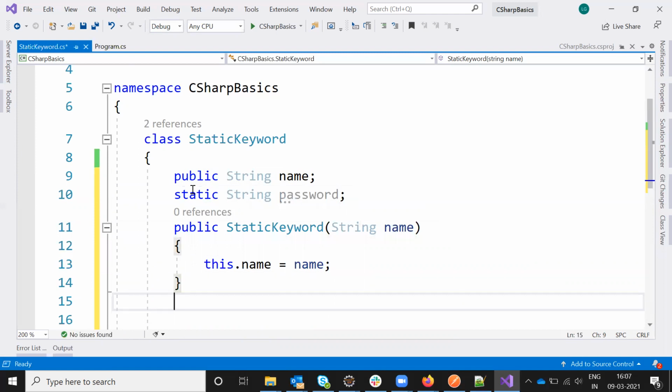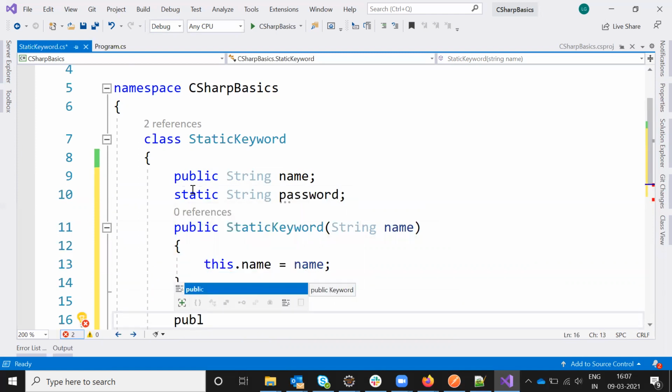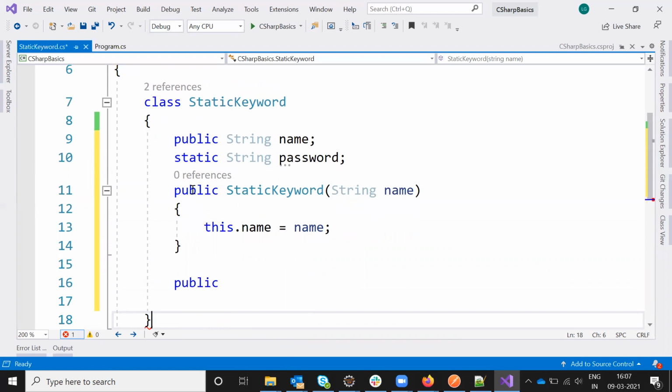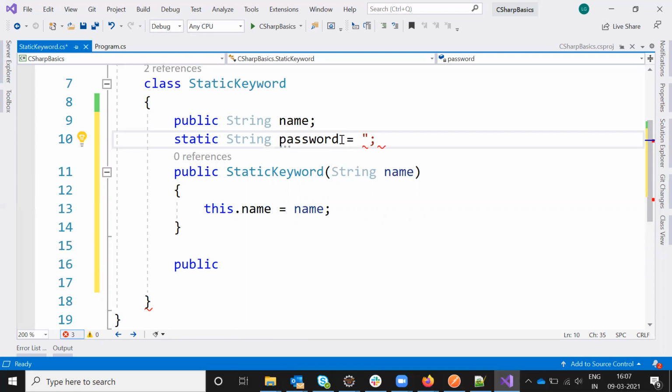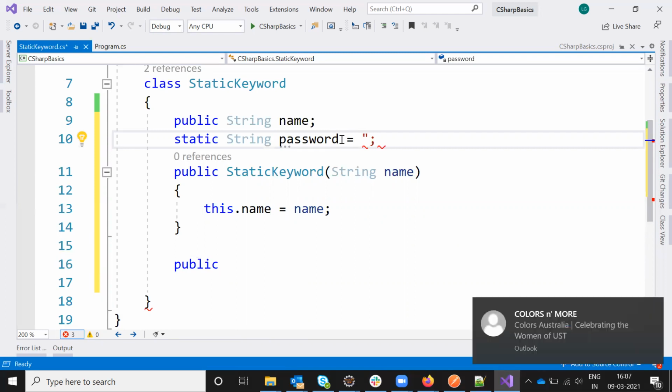And here I'm going to use one method, public, or else I will assign some value here. We can do anything anyway, ABCD.